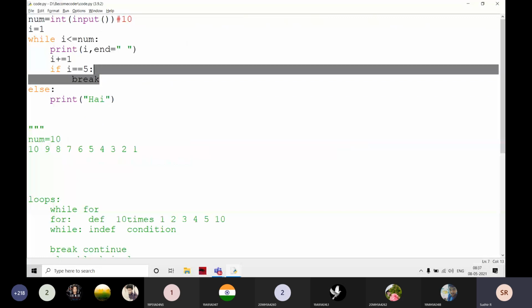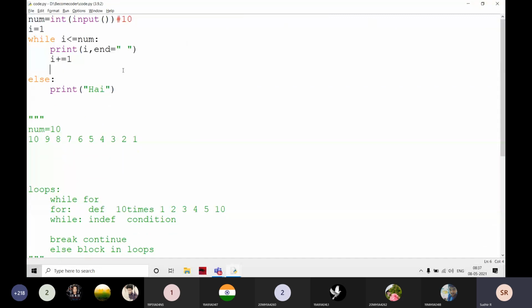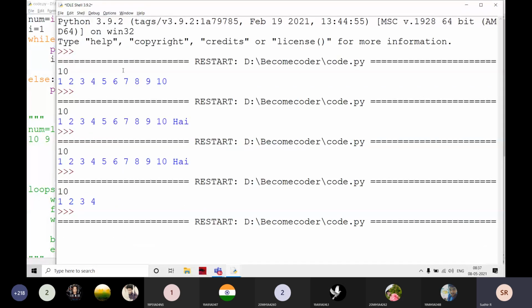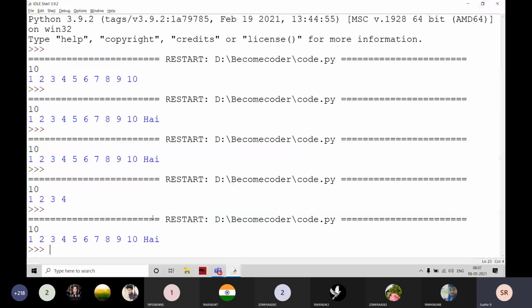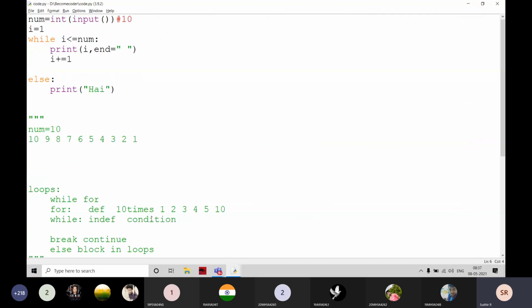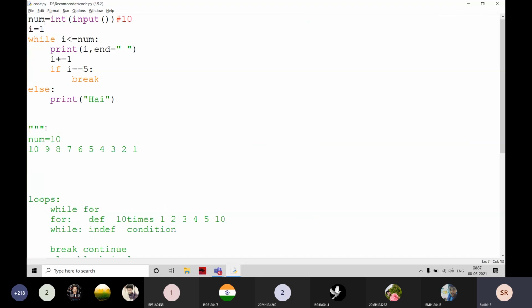But here, if I write like this and execute it, if I give 10 here, it is going to be executed. We have to come to one conclusion here. What is that? If the loop is terminated using the condition of the loop, that means the loop is terminated naturally.